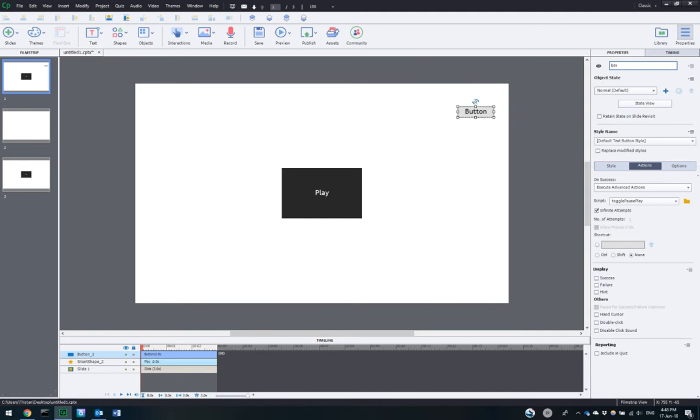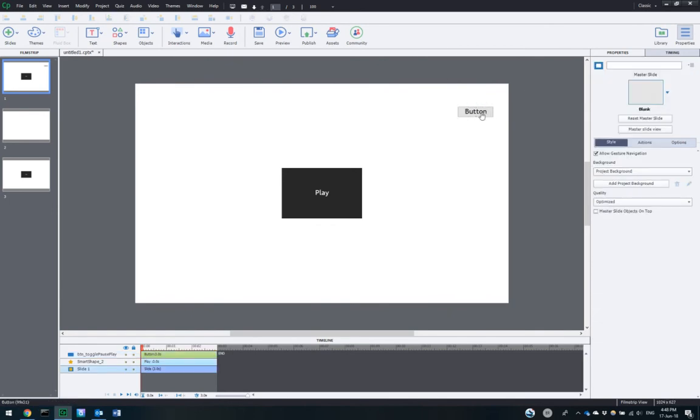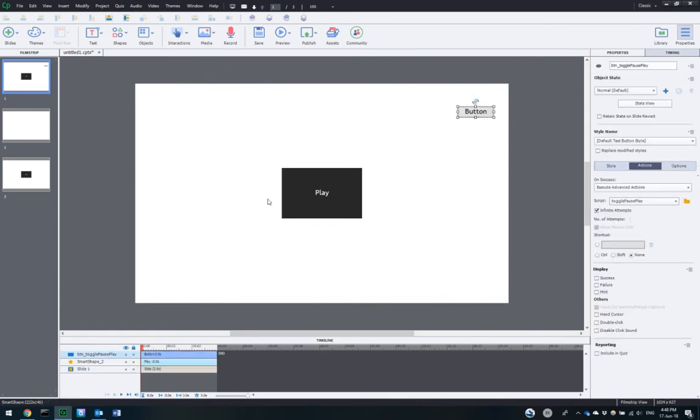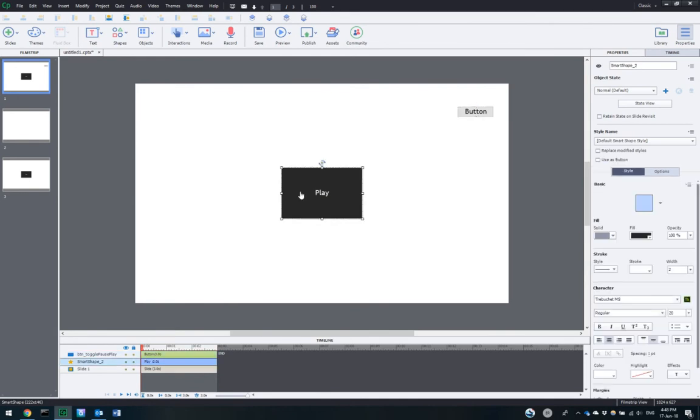BTN, uppercase or lowercase? Usually lowercase and just underscore, and then a meaningful name. Okay, let's call it toggle pause play, so that we know it's related to the same action. Now we need to attach this action to this shape and have that action run when this shape is